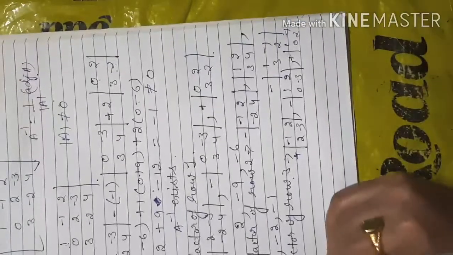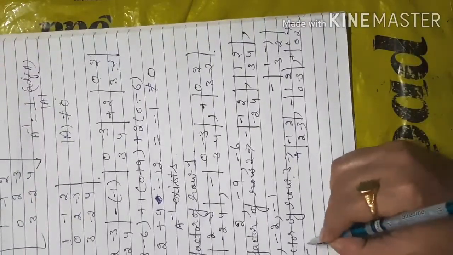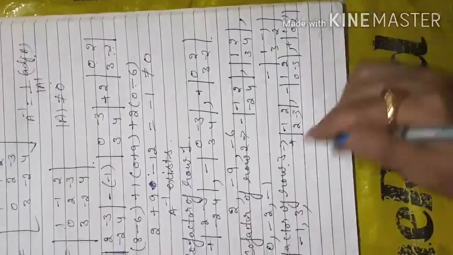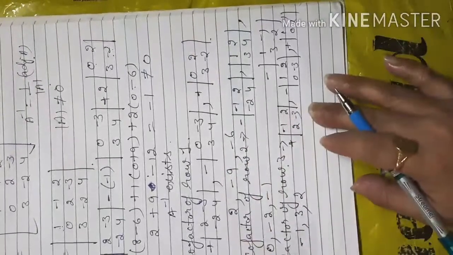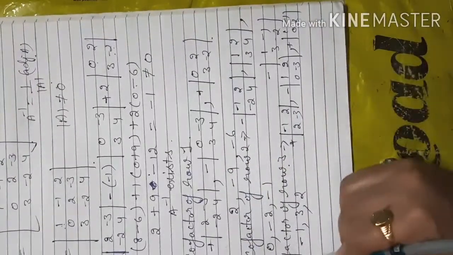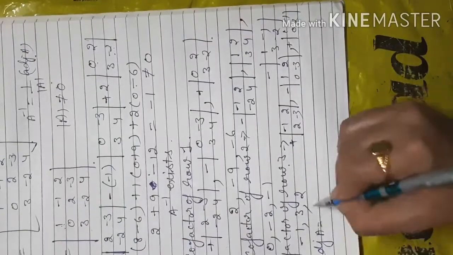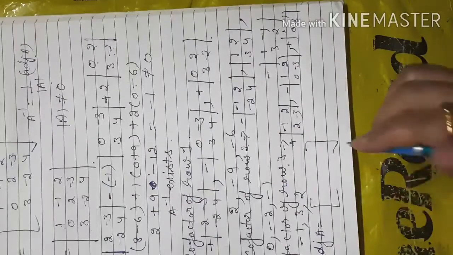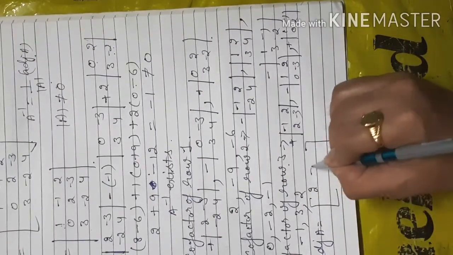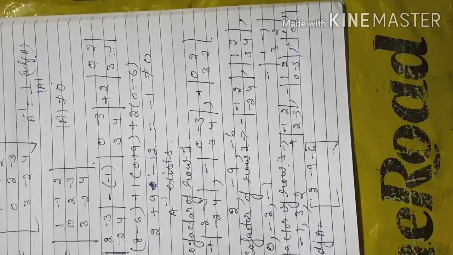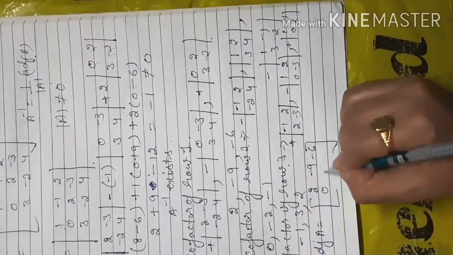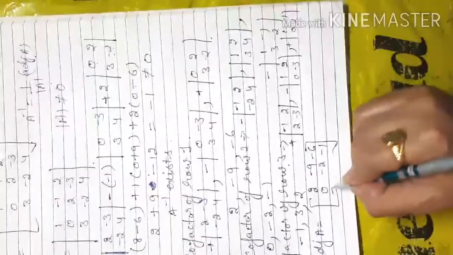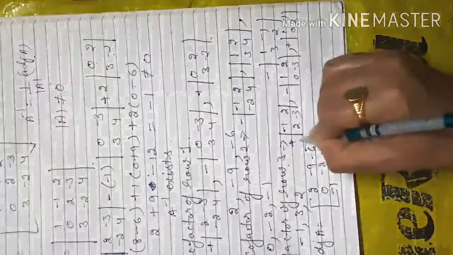And when you solve this one, your element will be minus 1 because 3 minus 4 gives me minus 1, 3 and 2. So these are my cofactors. Now if I go with the adjoint A, you just write the cofactors in place of the elements of each and every position. That is 2, minus 9, minus 6. These are the cofactors of the first row. Second row cofactors are 0, minus 2, minus 1. And third row was minus 1, 3, 2, and transpose.